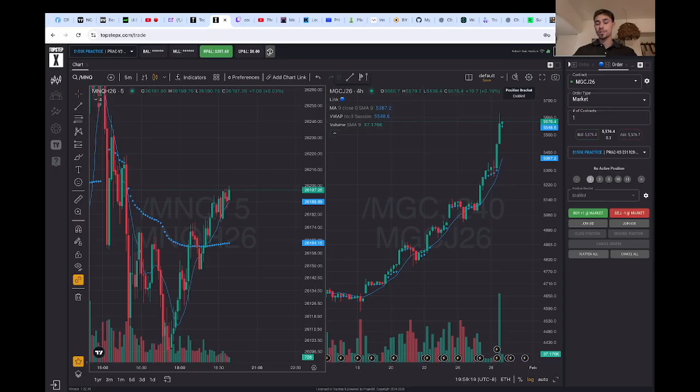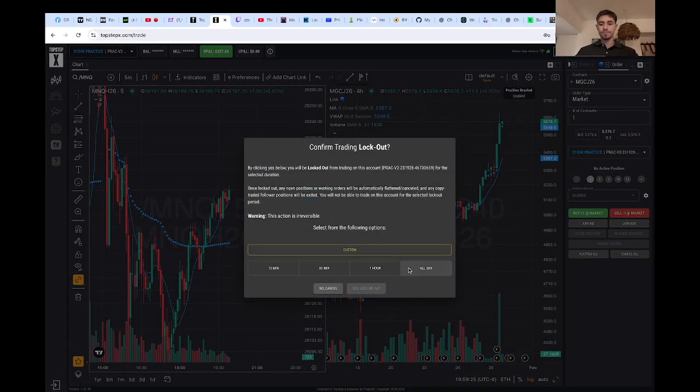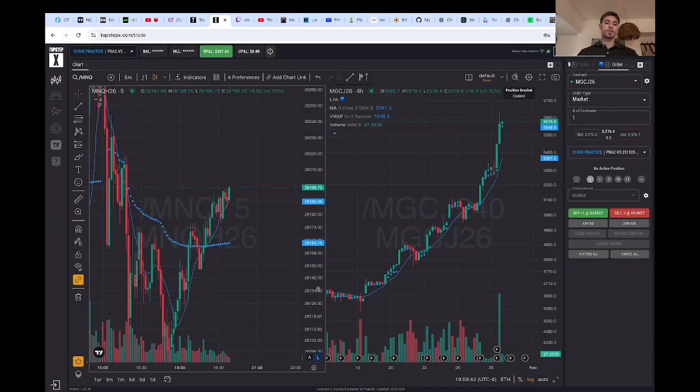A cool feature that I really, really like to use to prevent overtrading is this manual lockout feature. Click it. Once you have a great day, you take one good trade, you're done. You don't want to be taking 10, 30, 40, 50, 60, 70 different trades in a day. So you're gonna lock yourself out all day. Just click lock out and it'll lock you out for the rest of the day. You secure your green day and you're a day closer to payout. So that helps a lot.